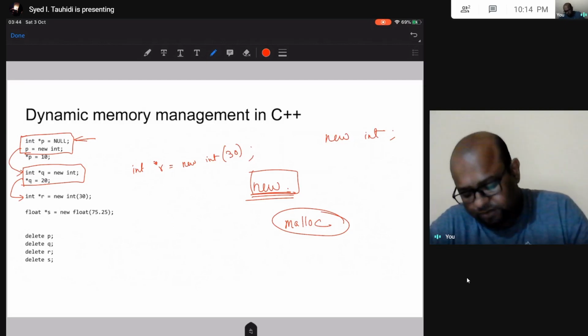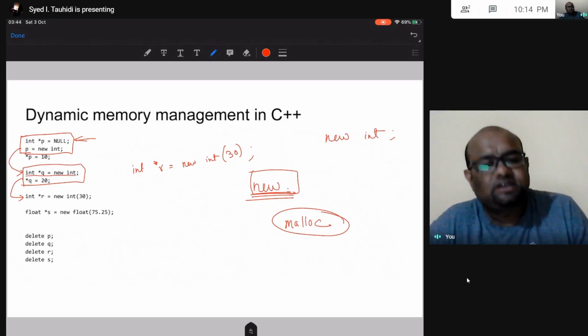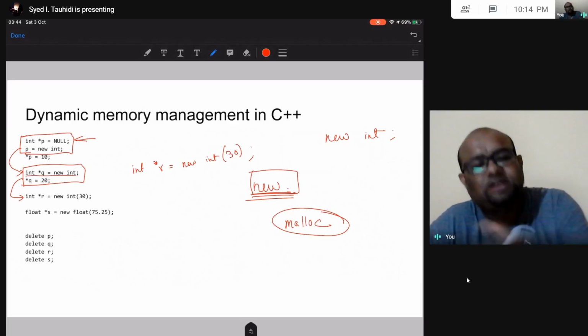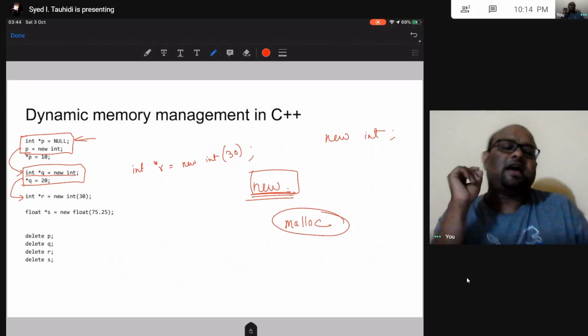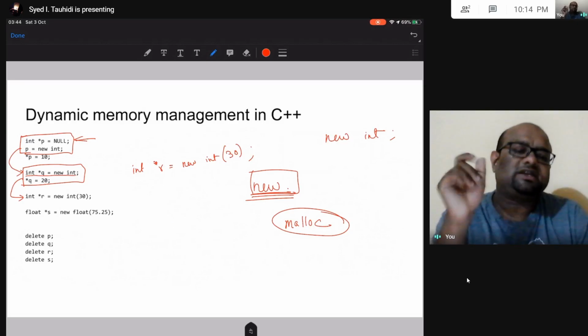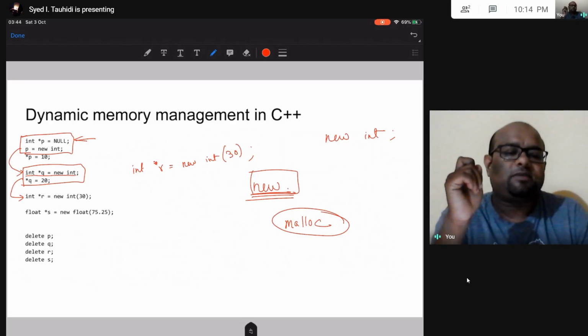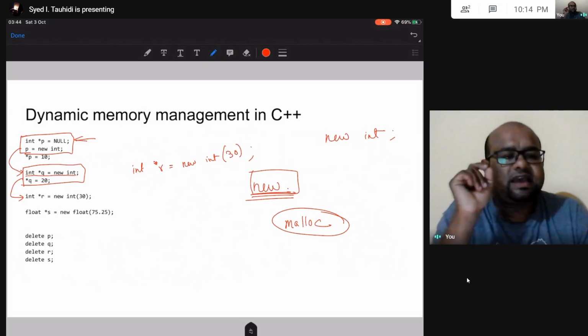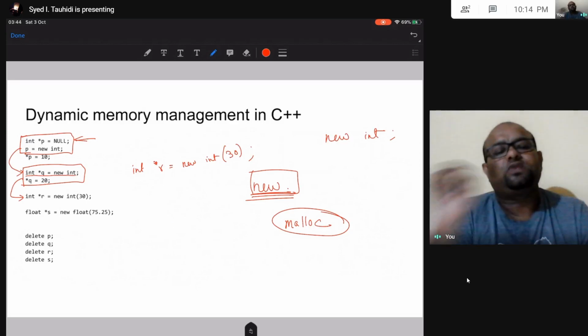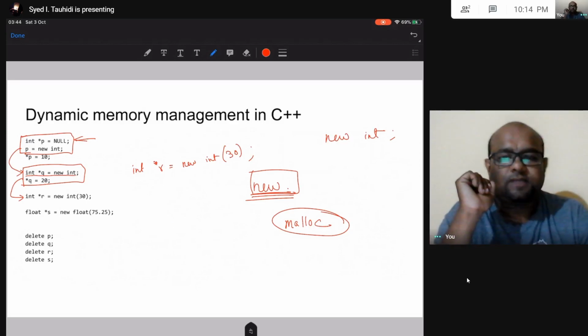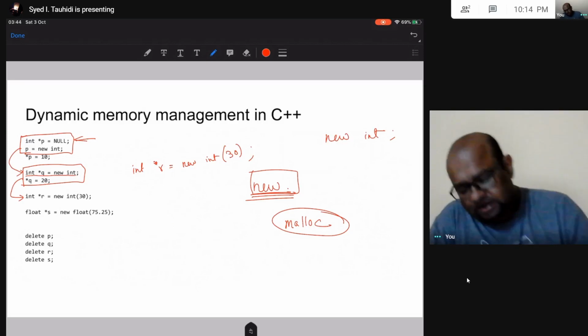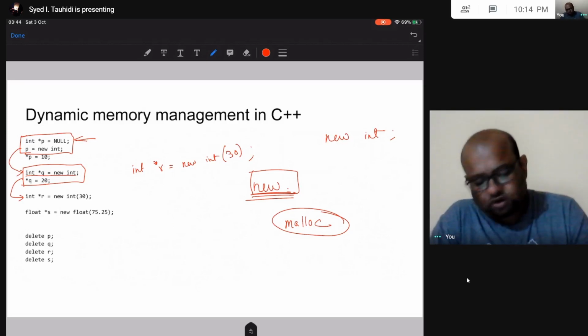Okay, so previously I allocated memory in heap to store an integer, and in the next line I stored 20 in that location. Now in one line I am doing all this. In one line I am creating memory in heap to store an integer, I am storing some value at that memory, 30 in my case, and then I have this variable r, a pointer variable that is pointing to that location in heap. Alright. Then in the same way I can store a float, double, everything in heap.